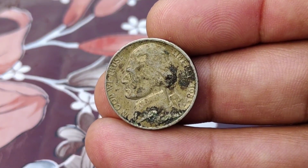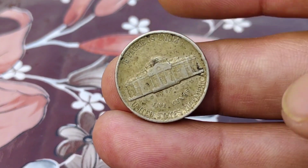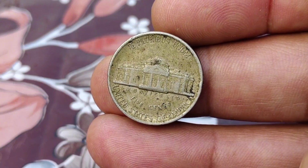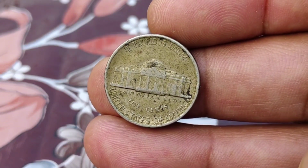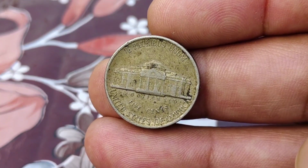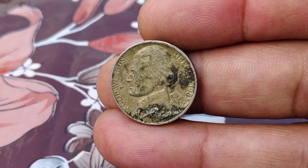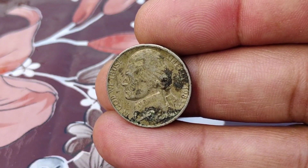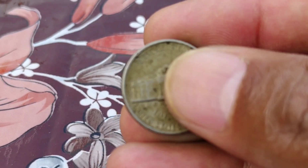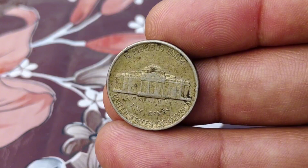Now, let's talk about what makes this 1983 P Jefferson nickel so special, the black layer error. This occurs when a flaw in the minting process leaves a dark, almost burnt-looking layer on the coin's surface. This can happen due to improper annealing, a process where blanks are heated before striking, or contamination during minting. The result? A visually striking error that turns an ordinary nickel into a potential collector's gem. Coins with such anomalies are incredibly rare and highly sought after,